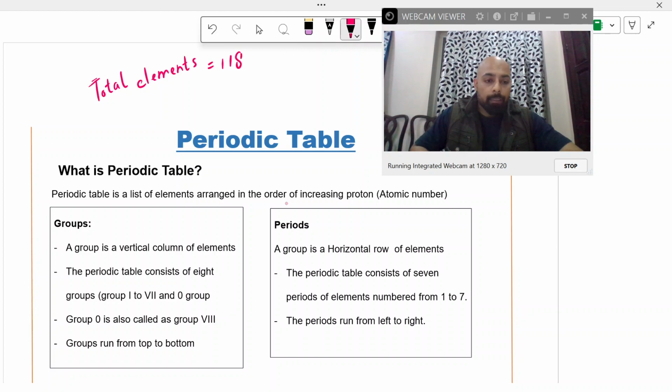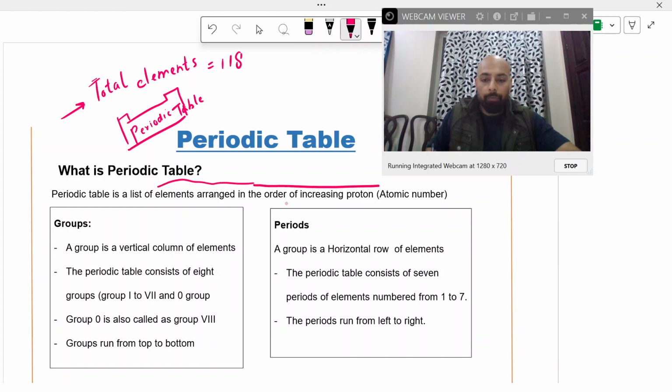These elements are arranged in a tabular form. So there's a tabular arrangement of elements, and this is called the periodic table. A periodic table is a list of elements